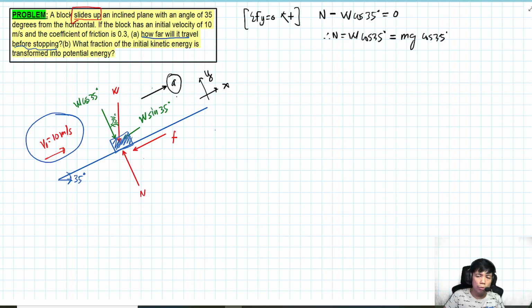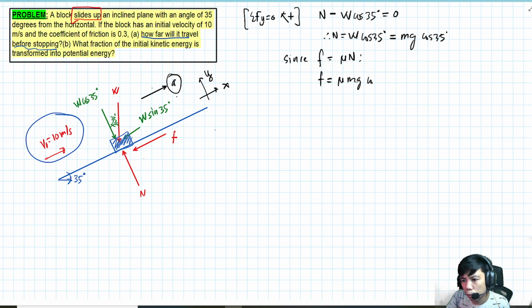So, pag nakuha mo na yung normal force, pwede mo na rin kunin yung frictional force, yung ating F, since meron tayong relationship between F, coefficient of friction, and normal force. Meron tayong F is equal to mu times N. So, it follows that yung ating frictional force ay equal to mu, and then yung ating N, which is mg, cosine of 35 degrees. Next,